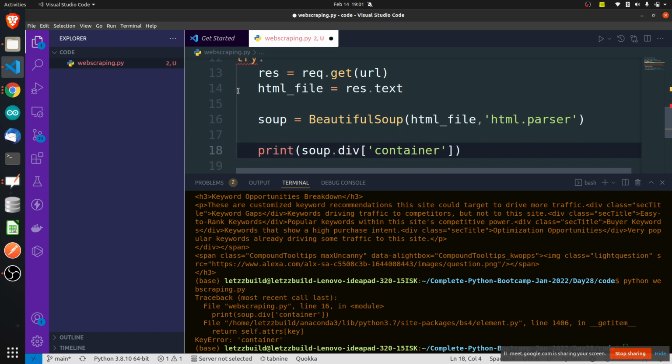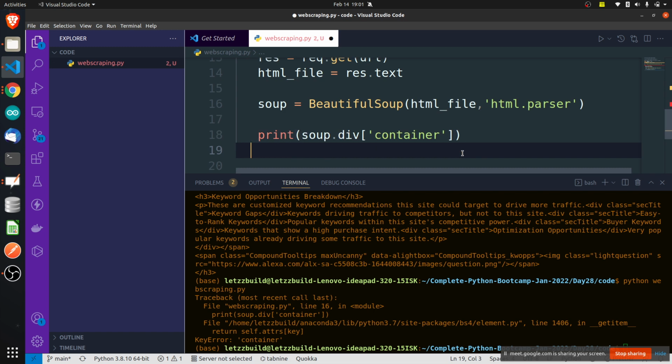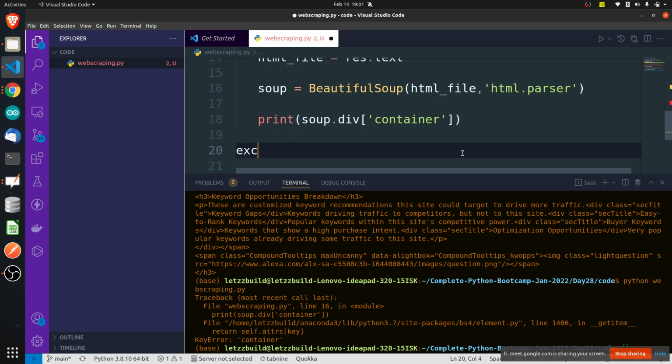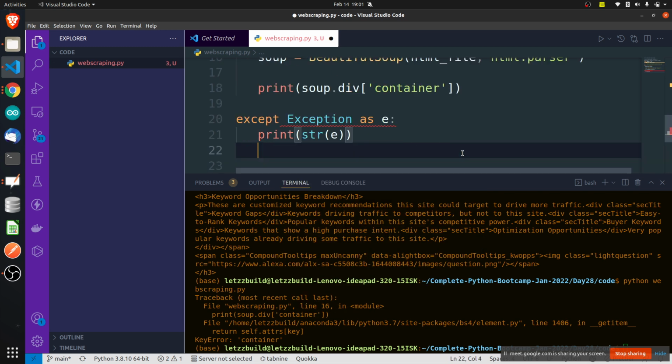So I am using this one. Try this. If you get any exception or any error, except Exception as e, print e. You can convert it into a string if you want, or else directly you can print e, no problem. Okay, so it is saying that container is not available.